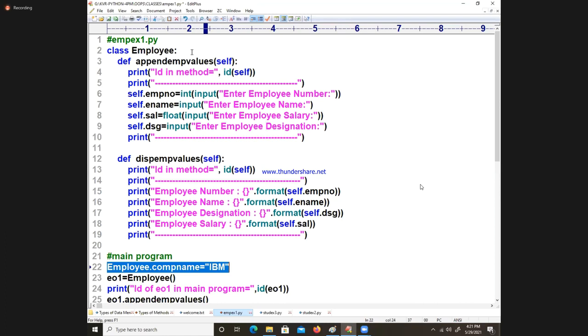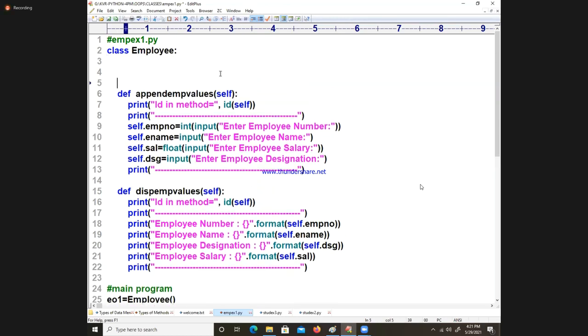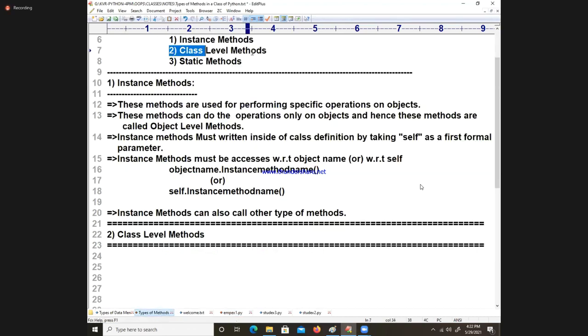One more way I would like to write today. What is that? I want to define a class level method, because it is going to mention the common data members. Which level method? Class level method I want to go for. So now I am going to write it. Just 1 minute, ma'am.